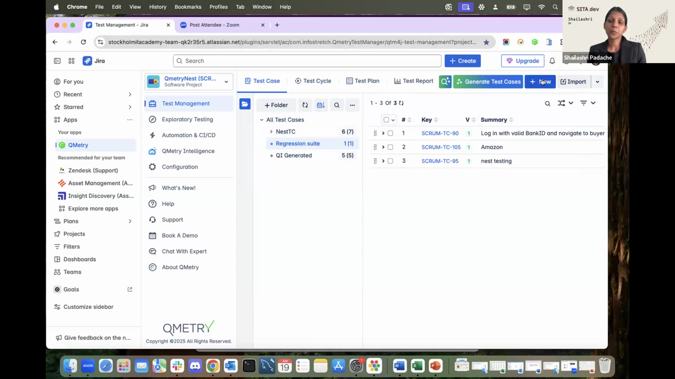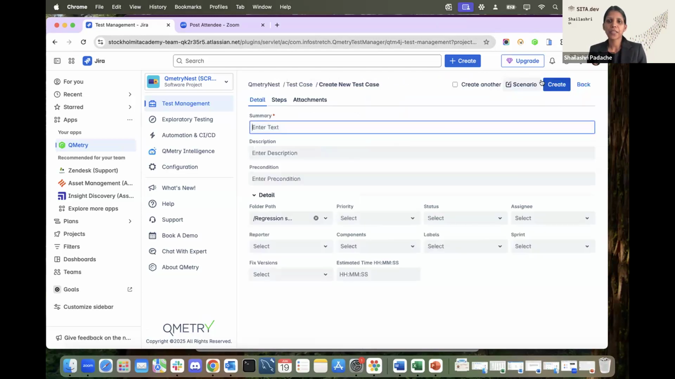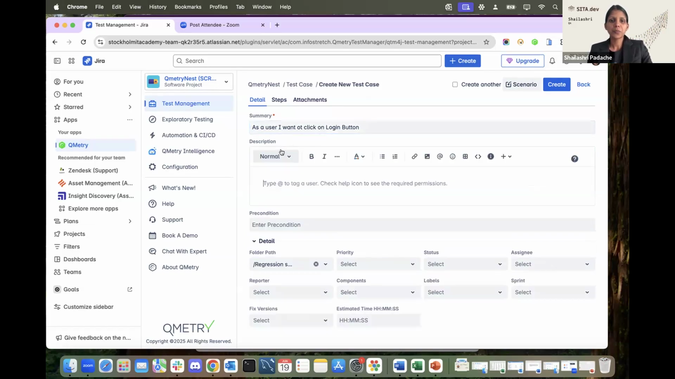Now suppose I want to create a test case from scratch, manually. In that case, first we have to click on the create button and create the summary. As a user, I will give one summary like, "As a user, I want to click on the login button." So this is my summary name, and the description is,